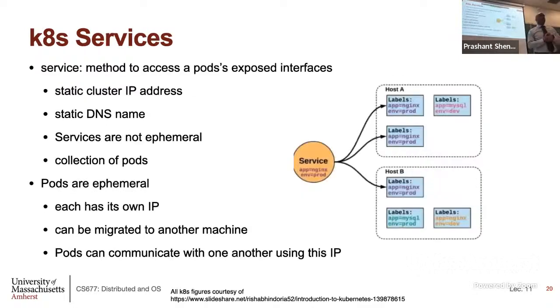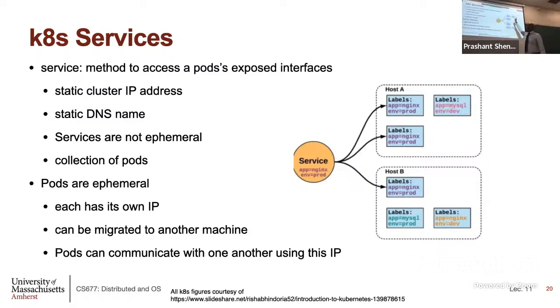Okay. So here is now another abstraction. Pod is one abstraction. Pods essentially are a way you are going to deploy containers. Another abstraction is called a Kubernetes service. A service is how you take pods and expose them to external users. Think of a service as being similar to a load balancer. So you have pods here, and there's a service. The service gets an IP address that you expose to the outside world.